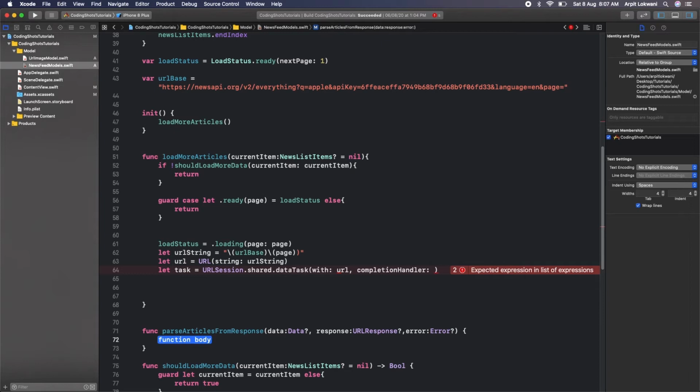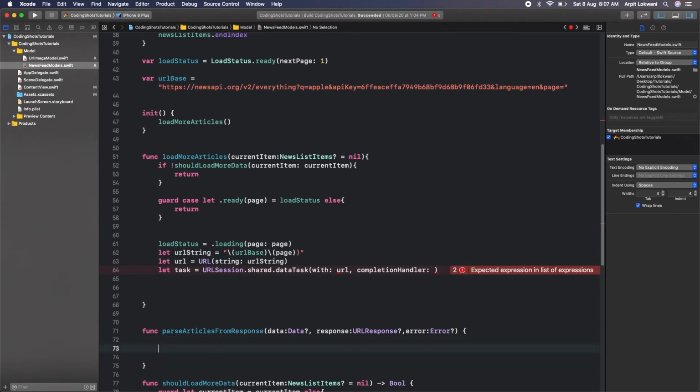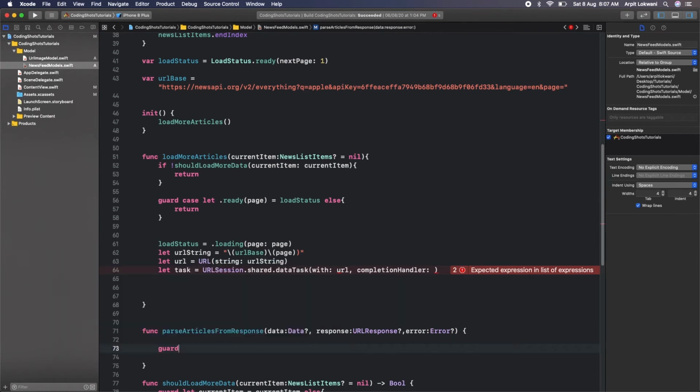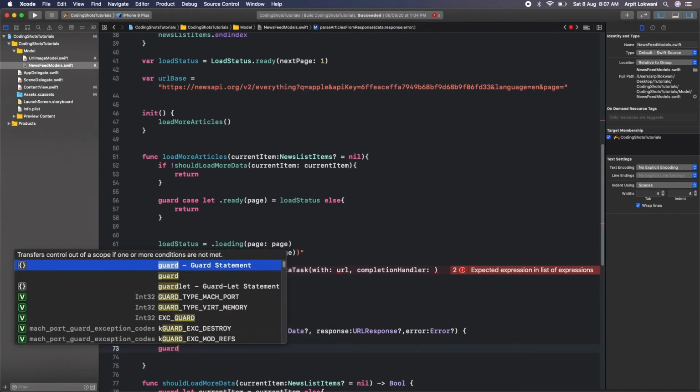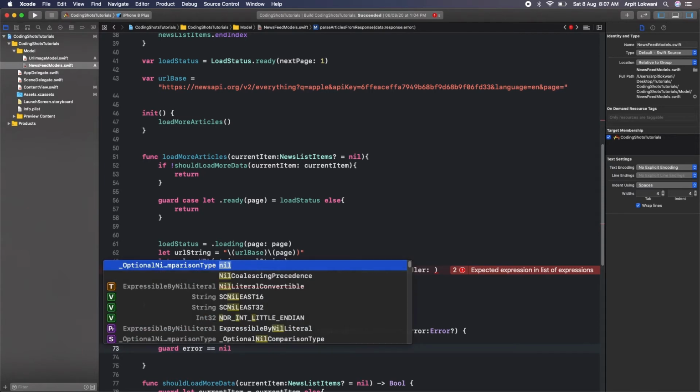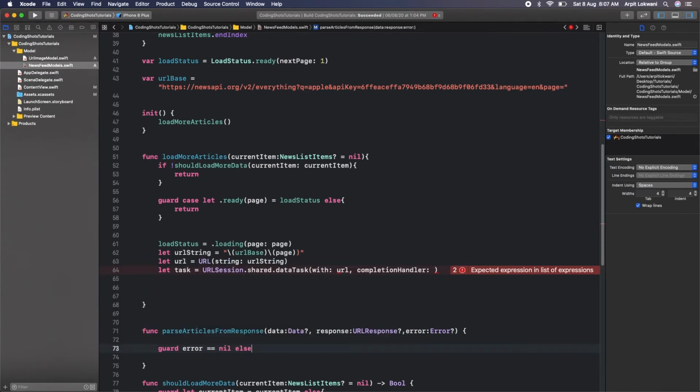Now the data which we'll get, first we need to check if it is not nil. So in that case we will say, okay, same early exit concept is the best one. Optional binding also we can use, but yeah, this is the best one. If error is equal to nil, then else we can print the error as well, right? So we can say error colon, pass the error value